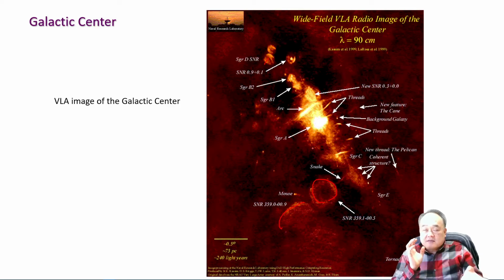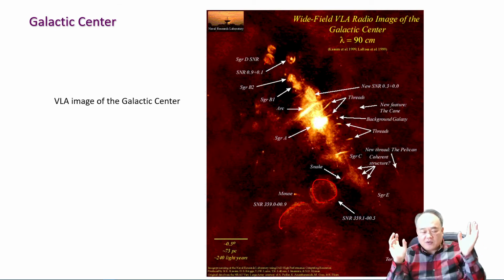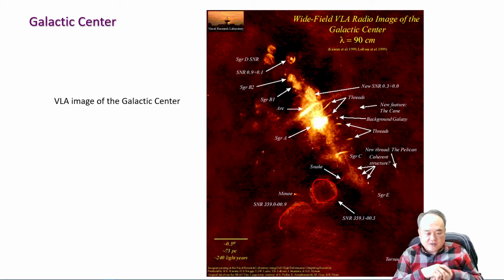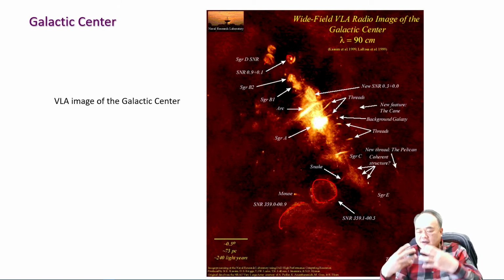And when these massive stars, maybe 10 or 20 times the mass of the sun, form, they usually explode as a supernova within 10 or 20 million years. Okay? So there are lots of supernova remnants, and that hints at lots of active formation of massive stars. Okay, and we can also see some of these threads, known as filamentary structure,